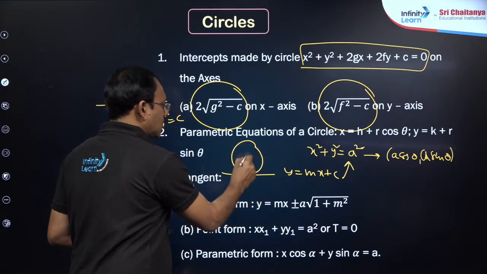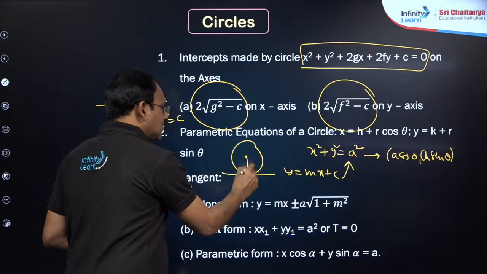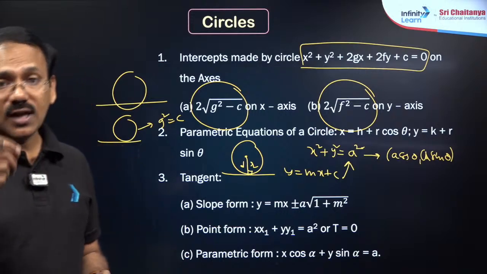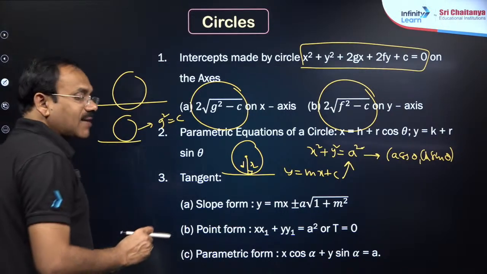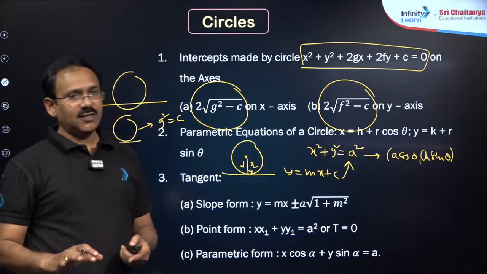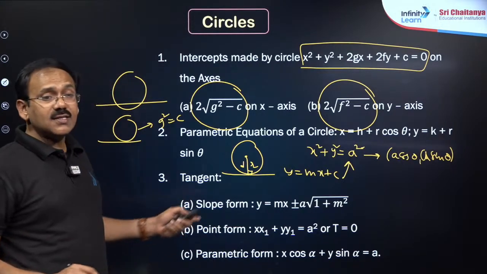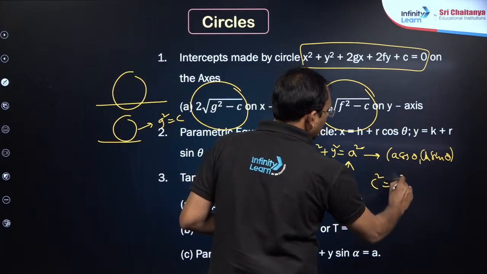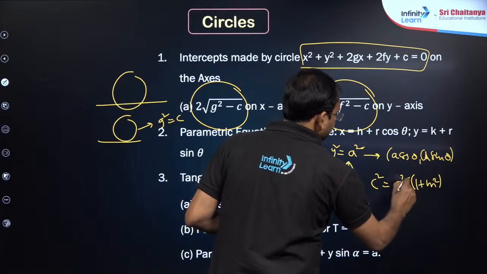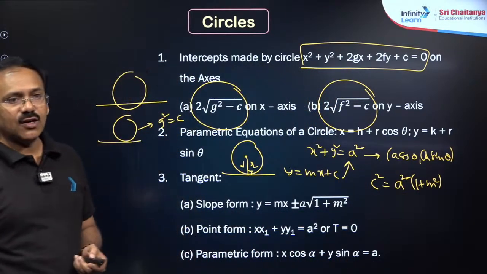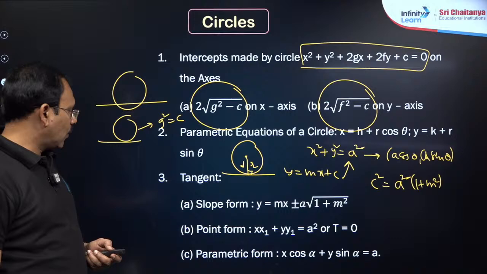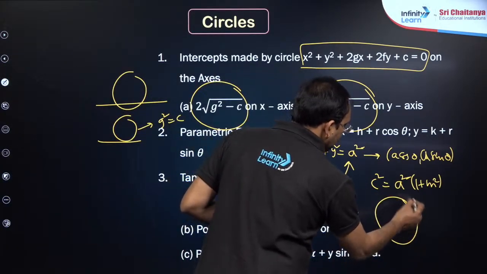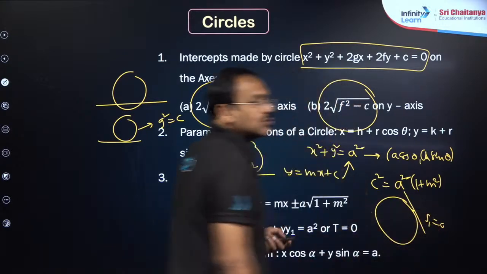If a line is tangent to a circle, radius is equal to distance, meaning d is equal to r. The perpendicular distance from the center onto the line is equal to the radius. If you apply that condition, the tangential condition will be fulfilled, right? Now, my dear friends, if y is equal to mx plus c, the condition is c square is equal to a square into 1 plus m square. And if you are given a point on the circle S is equal to 0, the tangent equation is S1 equal to 0, my dear friends.